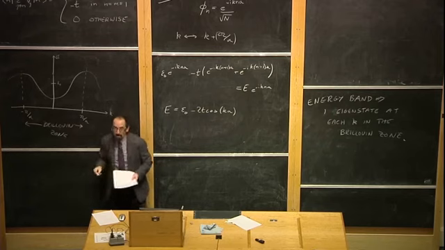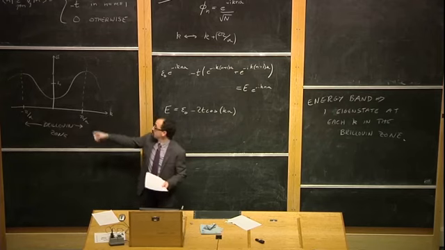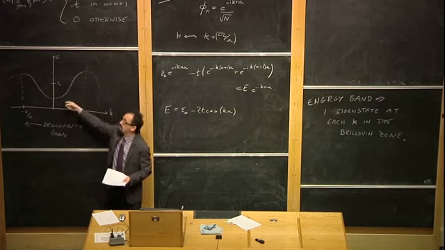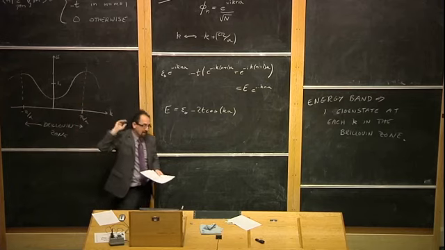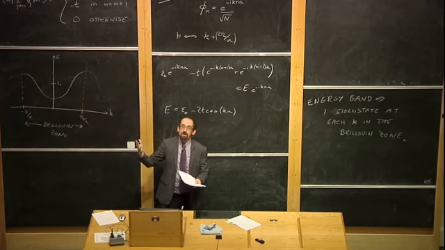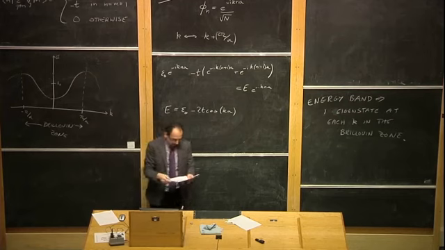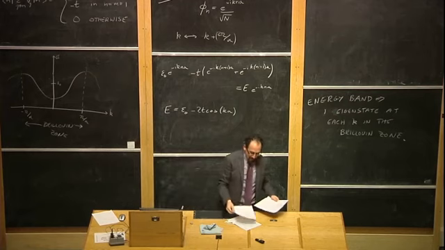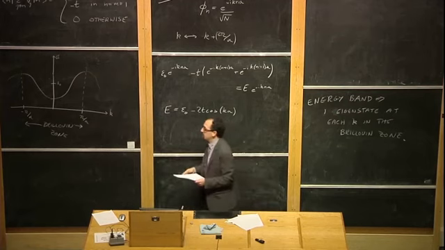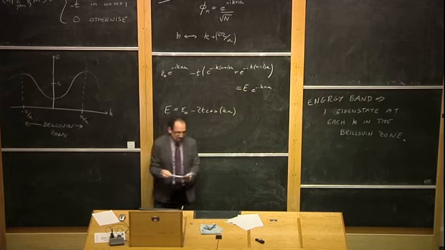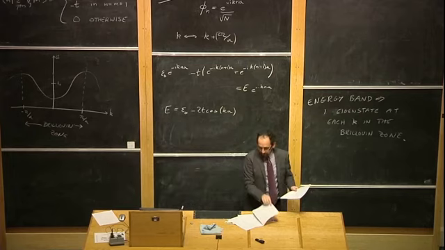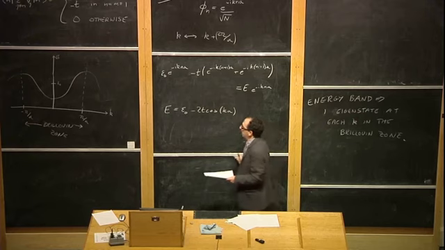If we had something similar in this picture where there were two eigenstates, a low energy one and a high energy one, we would say that there are two energy bands, a low energy band and a high energy band. We do not use the words acoustic and optical when we're talking about electrons, for reasons that will become clear in a moment. But it is useful to compare this